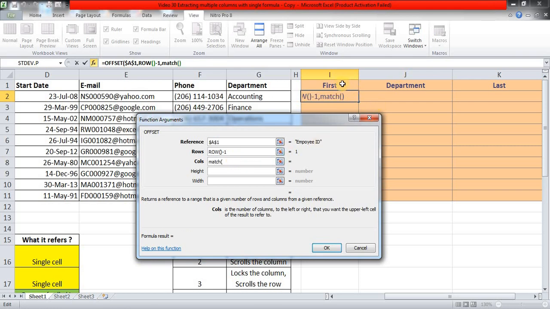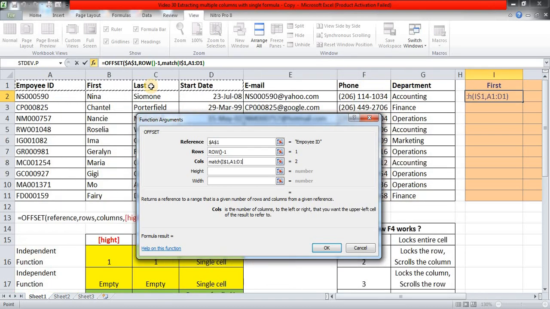Okay, match. My lookup value is this. I'll press F4 2 times, because I want that row to remain constant but columns to scroll. My lookup array is going to be this, which I'll freeze, and I want exact match.